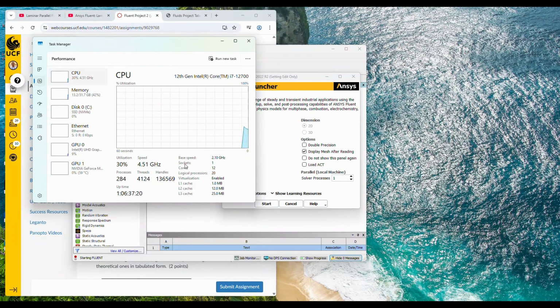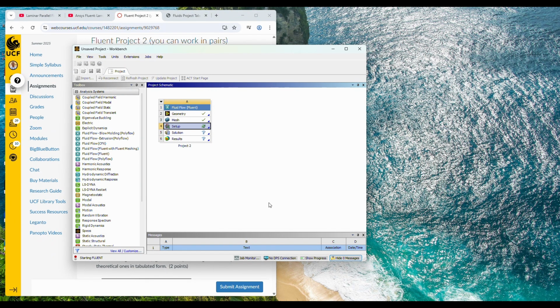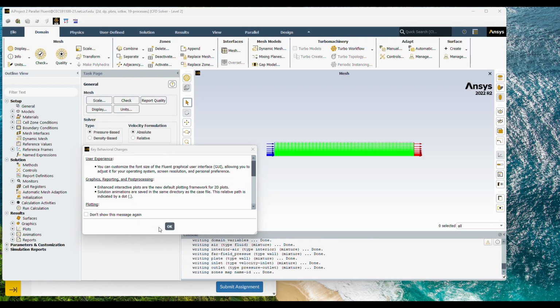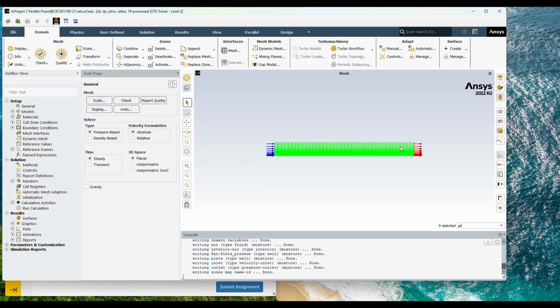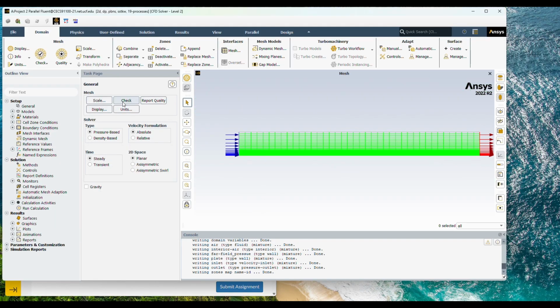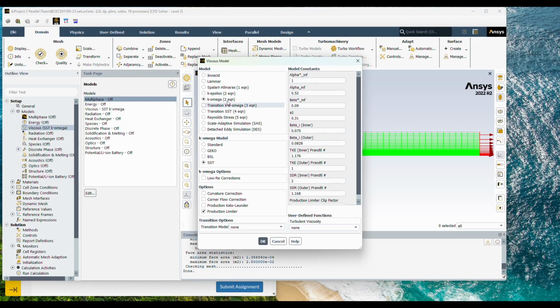Here we're just looking at our task manager to ensure that we have enough logical processors. So we're doing 1 less than 20 and double precision, and then we can start. So this is what our mesh looks like here, and the vectors are pointing the correct way. And let's change this to